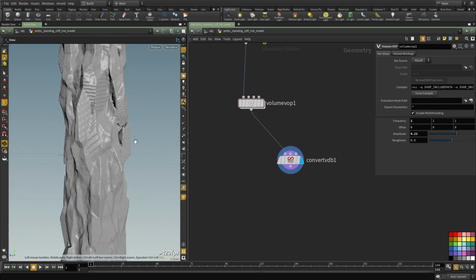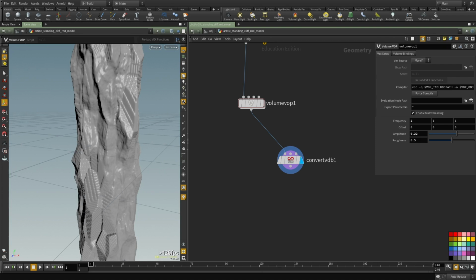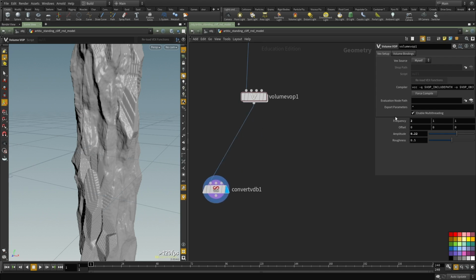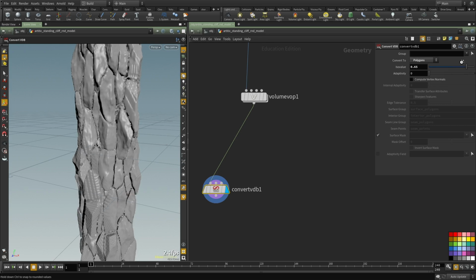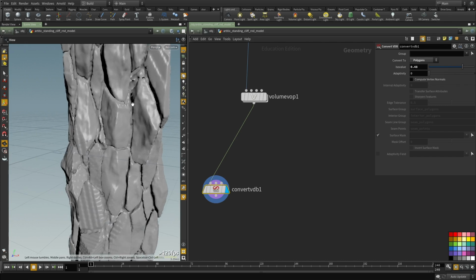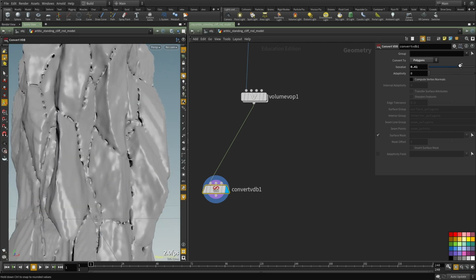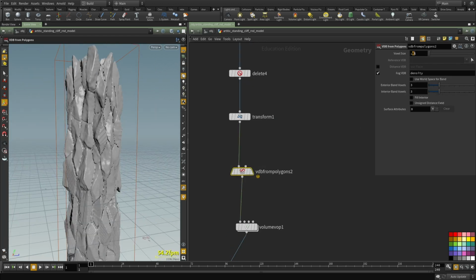Cool. So now we have some breakups happening to the geometry here. Now let's convert this back into a volume. Sorry, let's convert this into a mesh and play with this value here. I want to reach and get some cracks showing up. Something like that. And now if we increase the resolution of the volume, we should be able to get more